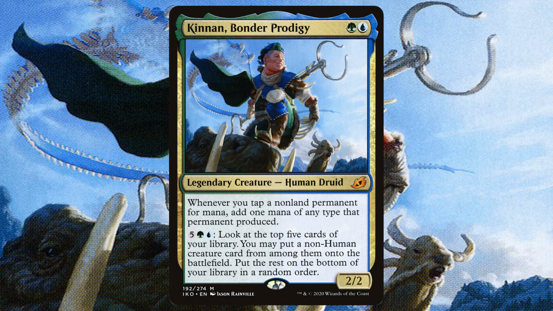We're going to take a look at a build of Kinnan and some of the cards that you will see in a common cEDH deck. Kinnan is usually built around one of two things, either big flips or big mana and getting extreme value out of that. Kinnan allows you to have your non-land permanents tap for additional mana, which is nice, and it has